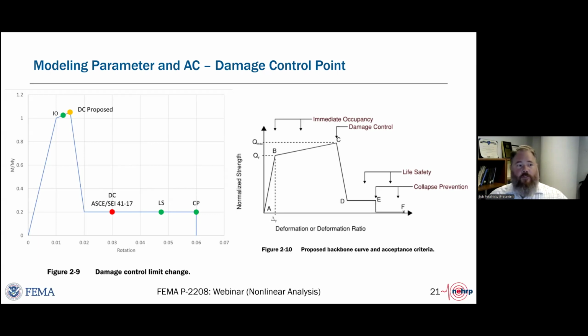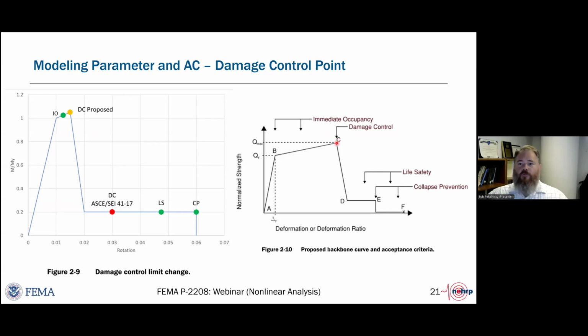So the idea was to limit the deformations in component actions to the transition point between strain hardened and strength degraded to limit the damage. And so damage control is now explicitly called out as being point C on the force displacement curve.